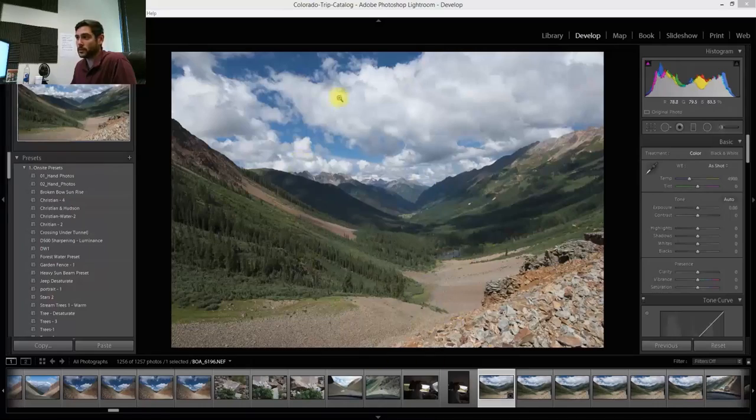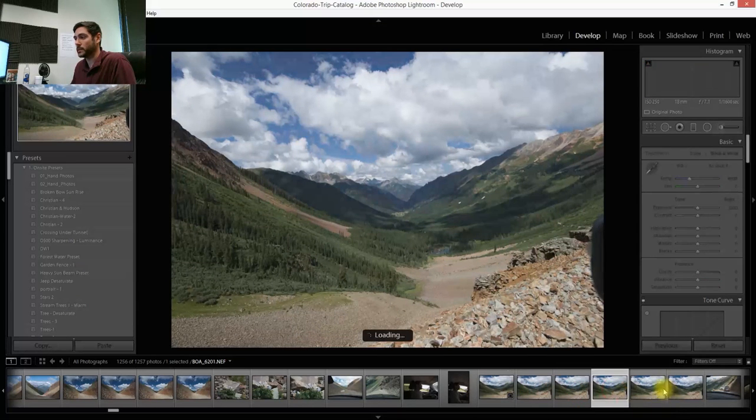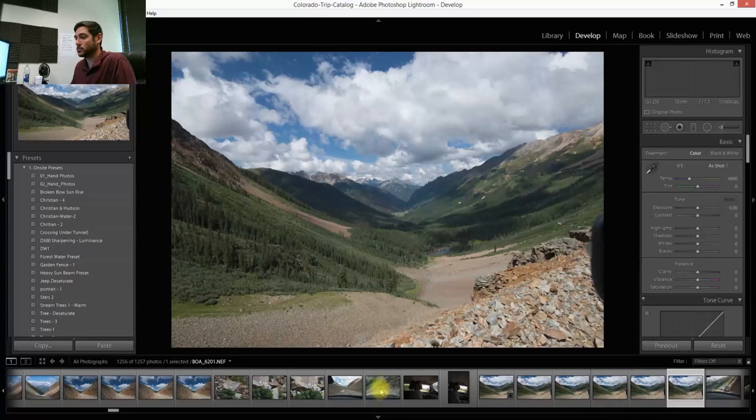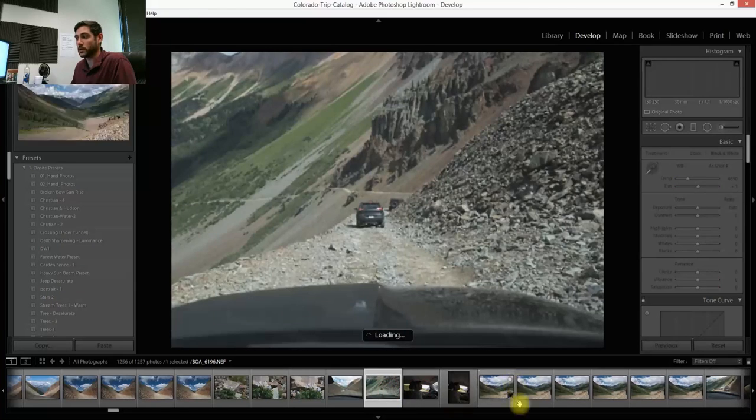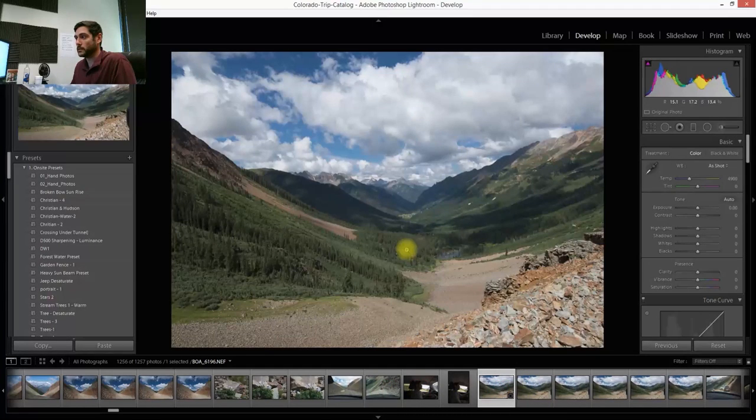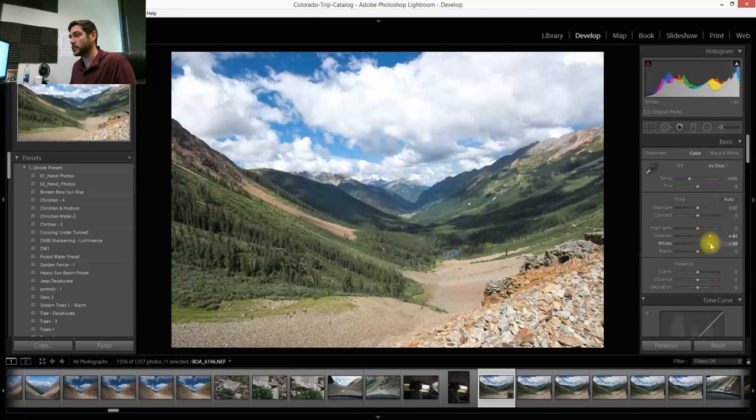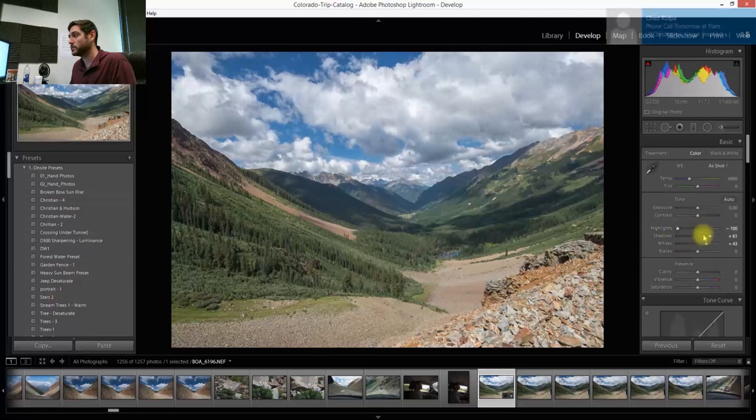The first thing you want to do is find a photo that has some sky in it or has a clear light source. So I've got a catalog open here with some photos from a trip I was on in Colorado, and I'm going to use this one because there's a good vantage point and your eye kind of goes down the photo. So the first thing I'm going to do is just do the regular edits that you would do on a photo,